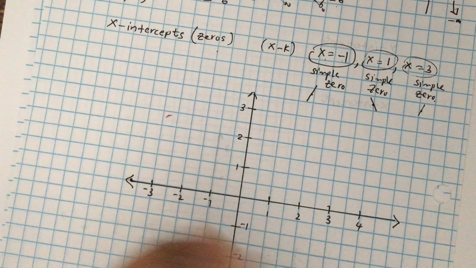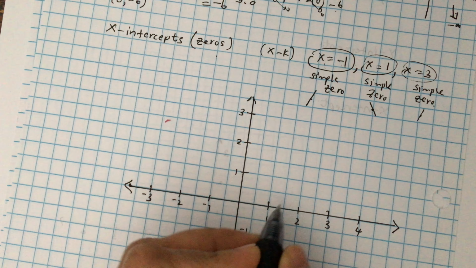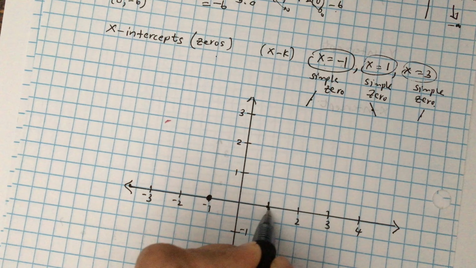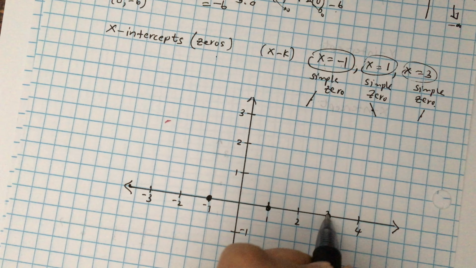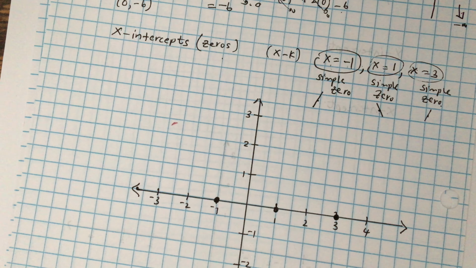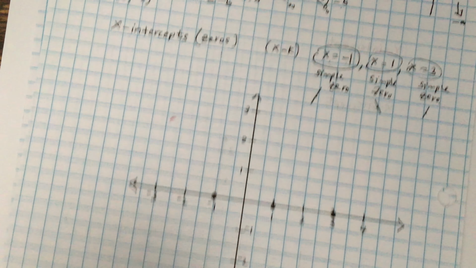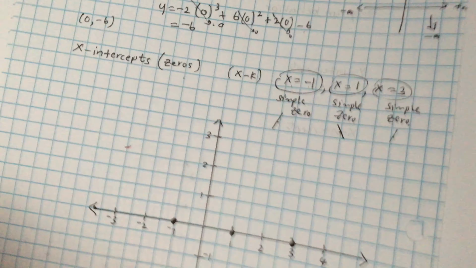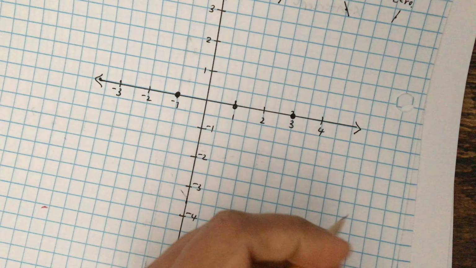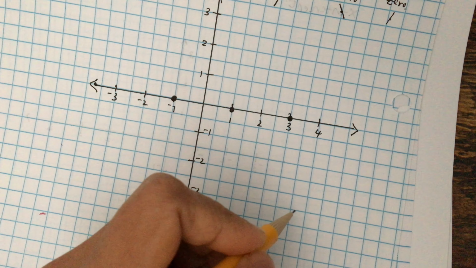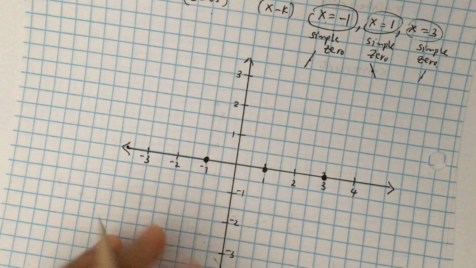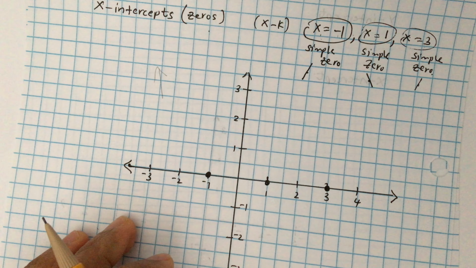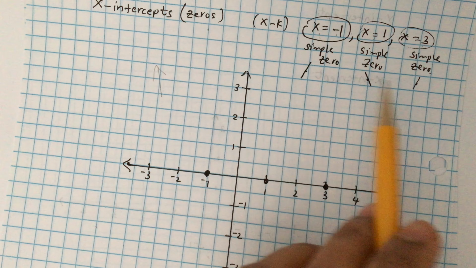So I'm going to find the zeros. x equals negative 1. So over here, the other one is x equals 1, and the other one is x equals 3. So I know my end behavior is like this, and on this side my end behavior is here. I should see something like this on this side, and on this side I will see this way, right? So then since these are simple zeros,